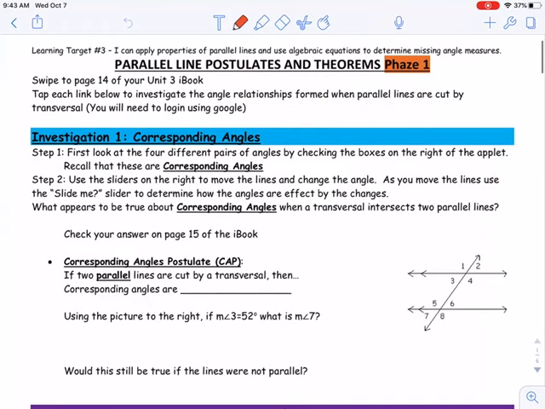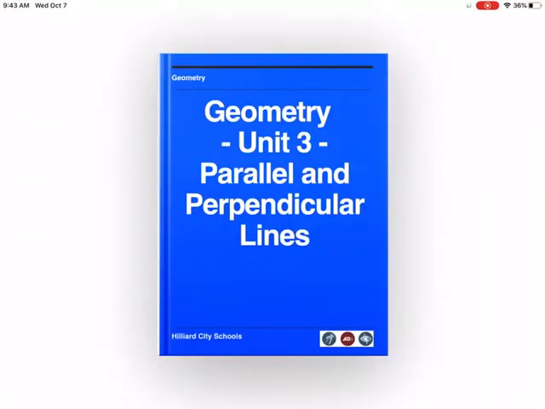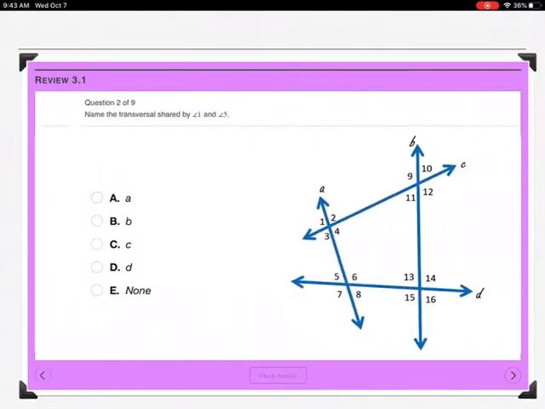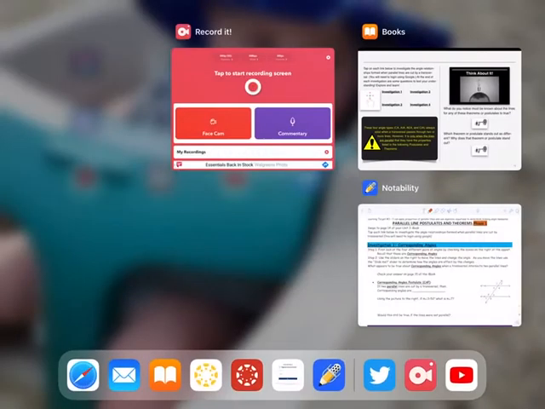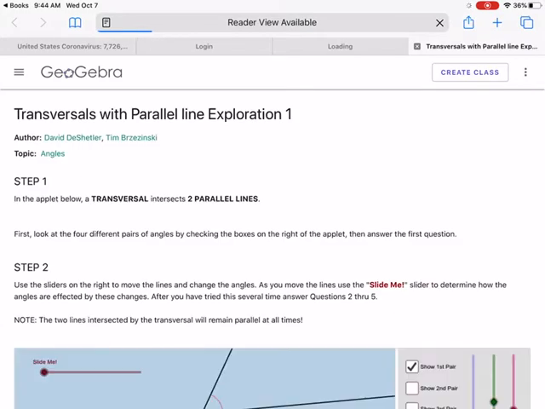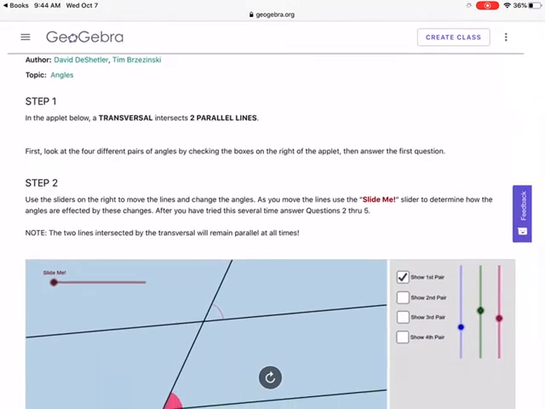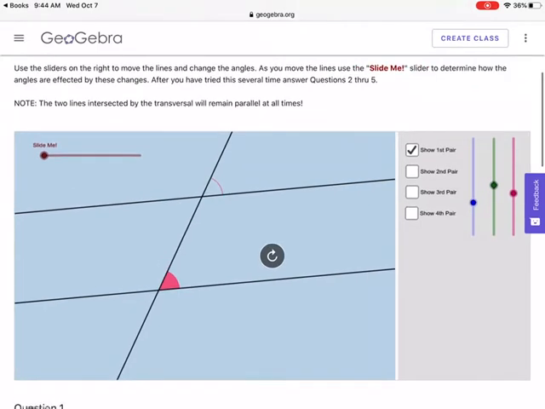But nonetheless, this stuff is in the iBook, so let's go ahead and pull up the iBook. Let's get to where we need to be. Pull Notability along. Okay, so Investigation 1, let's tap it, open it. This is going to take us to GeoGebra, and this is stuff with corresponding angles. Now look, I can interact with this stuff